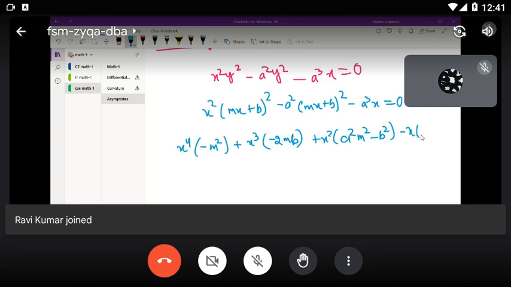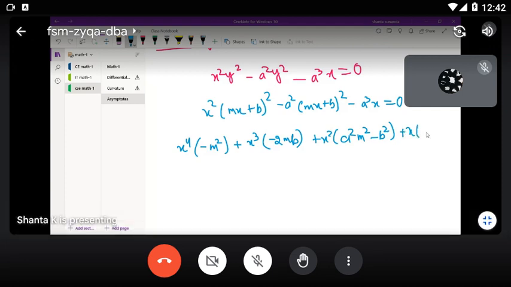Plus X, 2 m b a squared minus a cube, plus a squared and b squared, plus a squared b squared. Okay, this much. So here,